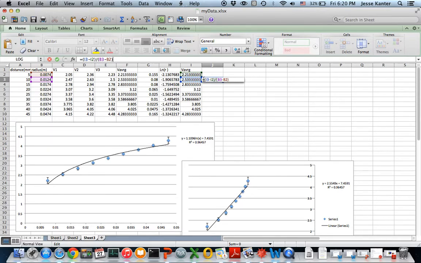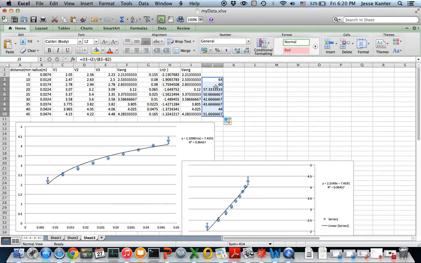So what this tells you is the slope of the line between this voltage and this voltage over R. Now I'm going to drag this down, and I'm doing that every step of the way. Here, this is the slope between this voltage and that voltage over this radius and this radius. And if I plot this now as a function of r,